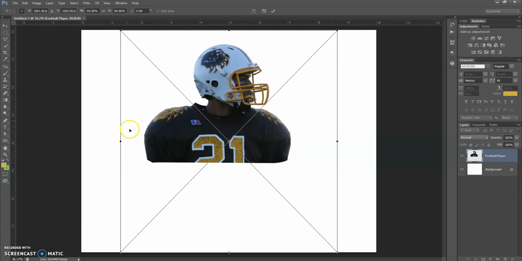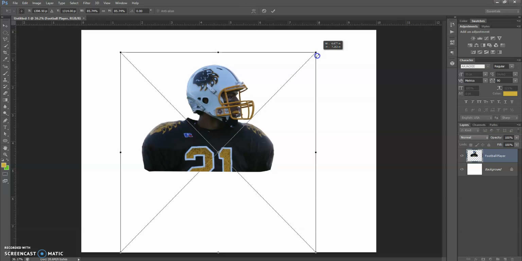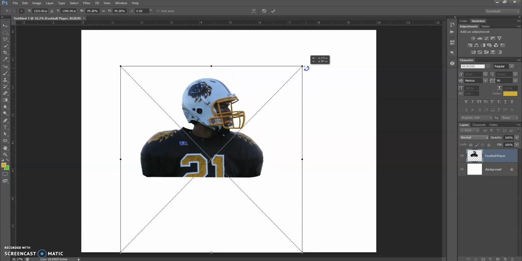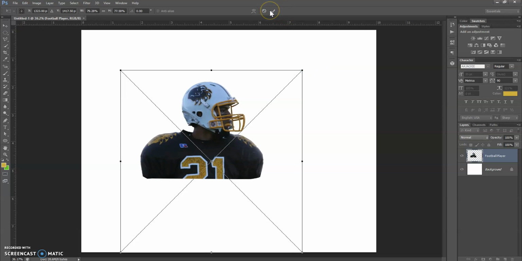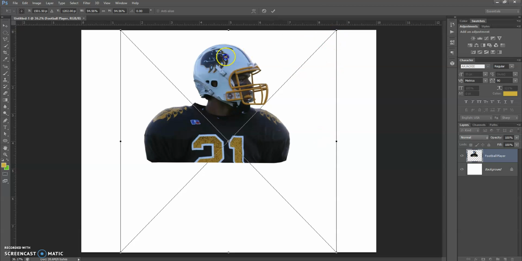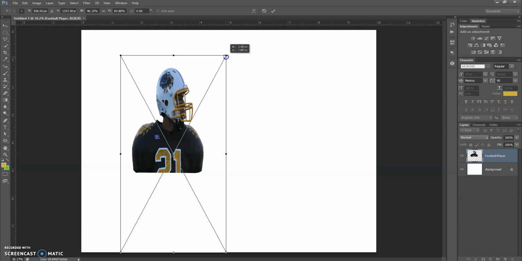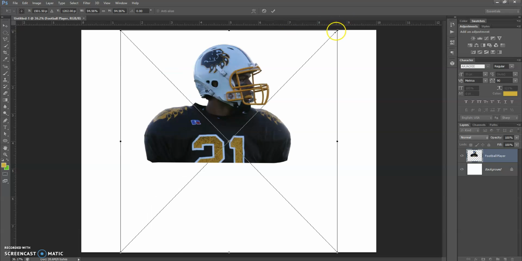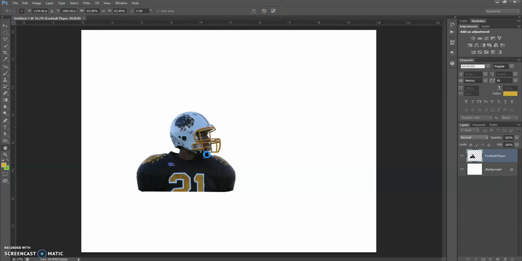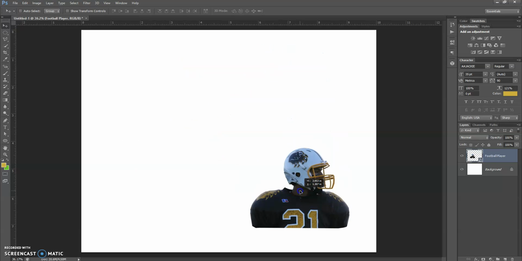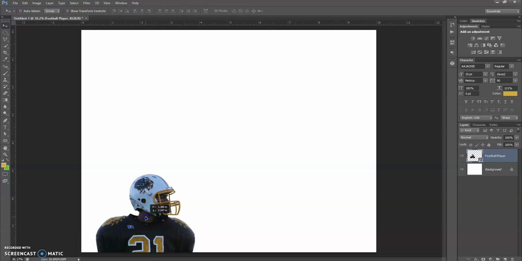It already has a bounding box on it, so if you need to, you can resize this right from the get-go. Now, the thing to remember when you're resizing using your transform menu is that you do need to hold your shift key down, because if you don't, remember what happens. You're going to end up skewing that football player, and that's going to look terrible. We don't want that to happen. So to resize, hold your shift key down, and once you're happy with where it's at, you just click your green check mark, and you have committed your transformation,